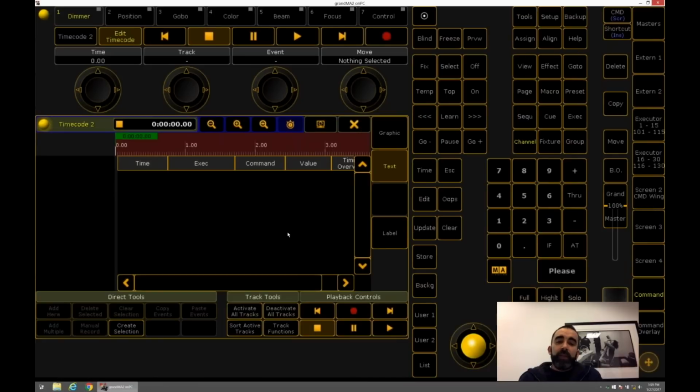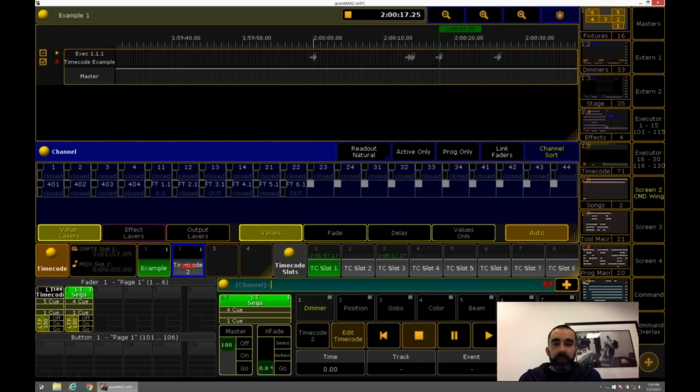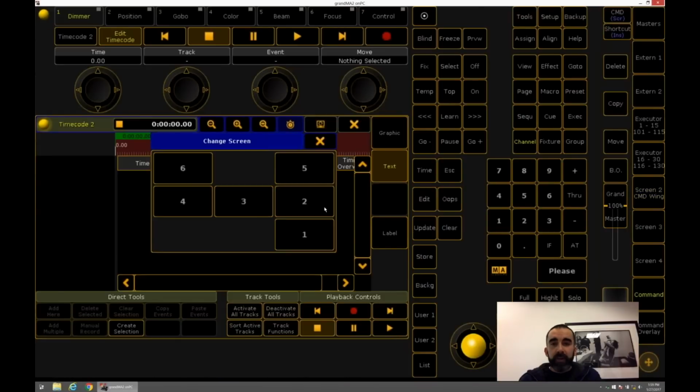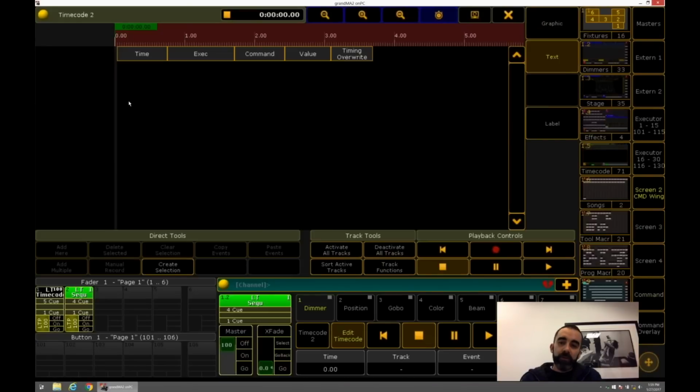Now my little editor window is open here. Let me see what happens. I'll toss that up to the big screen. Yeah, so good news. I can still have the editor open, and at least on PC, so you guys can see, I have my executors here. Now on your console, you'd actually be hitting the actual go button. I'm going to click this go button for you so you can see what's happening.